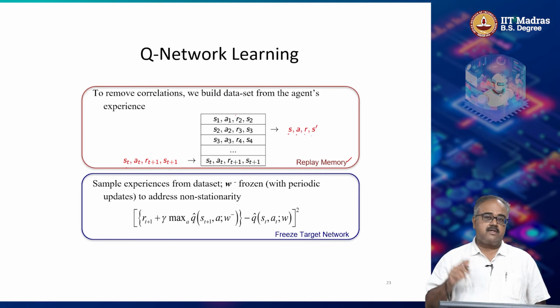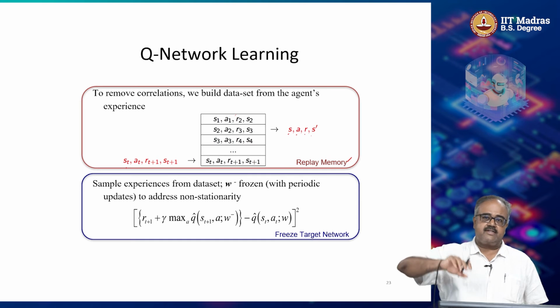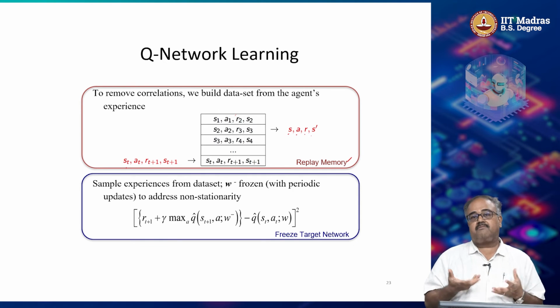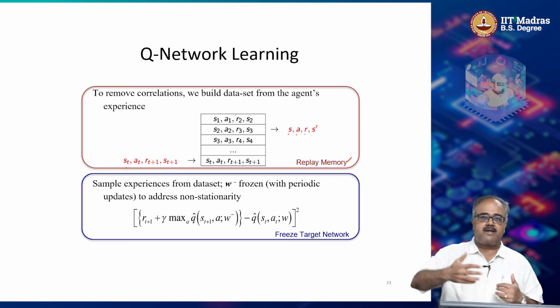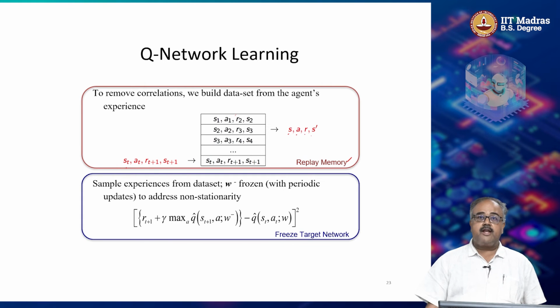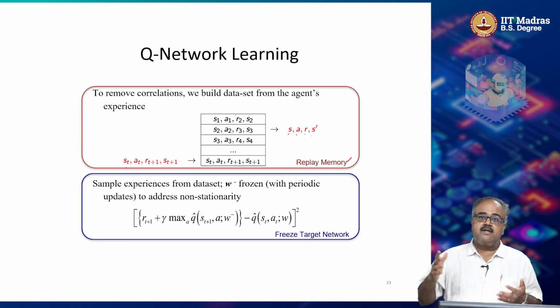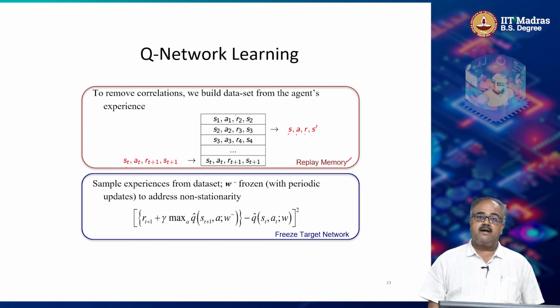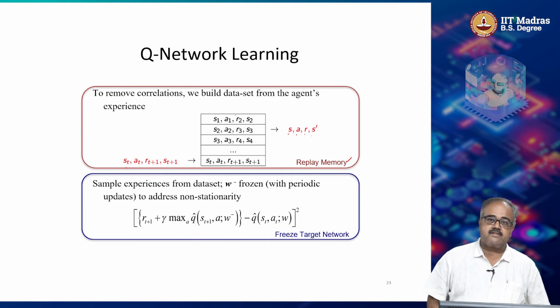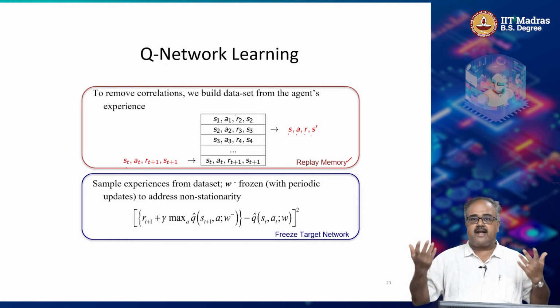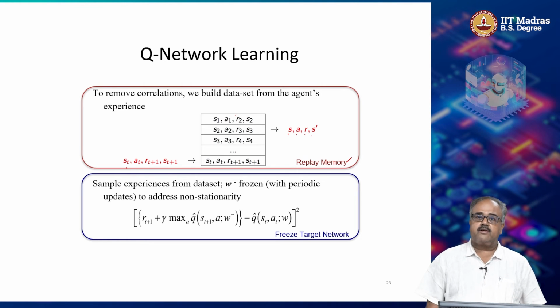Make sense? So now, since I am sampling randomly over history, these things are not correlated, or less likely to be correlated. To ensure that this correlation is minimized, they keep the replay buffer very large. The replay buffer can be like 1 million or 2 million transitions. So when I sample, say, 128 transitions from 2 million transitions at random, obviously this is not going to have any